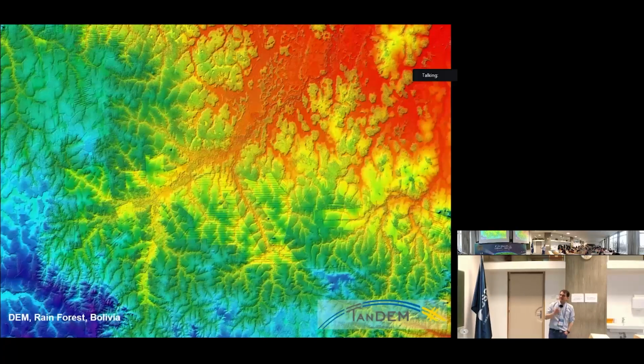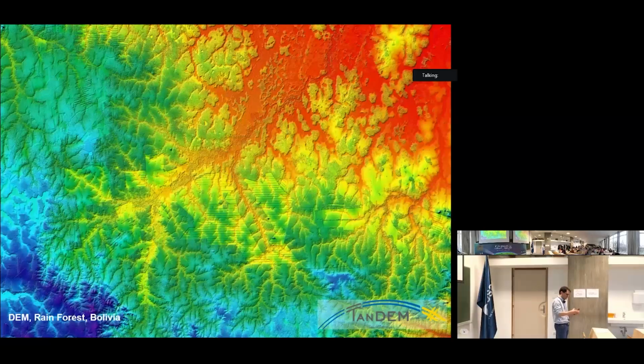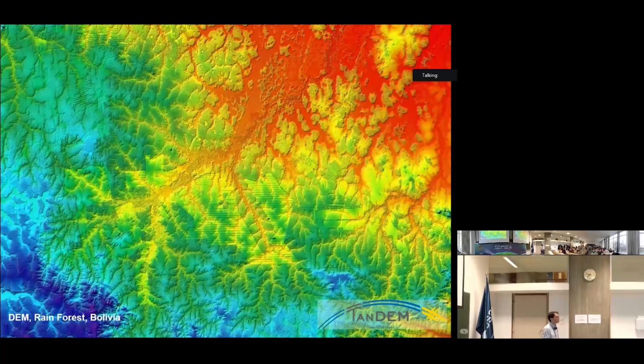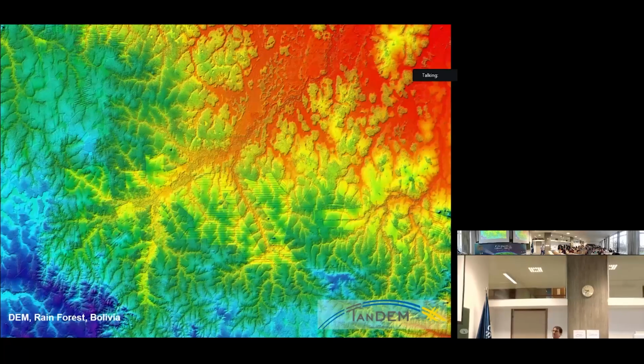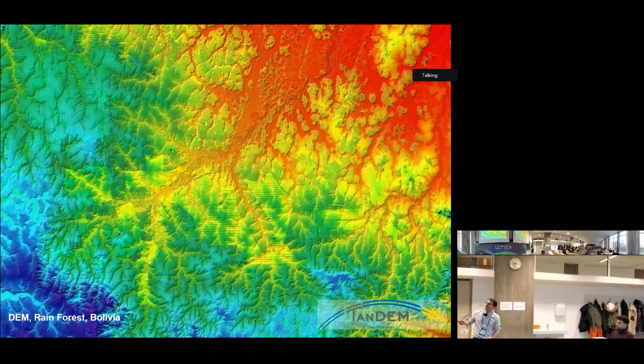And still staying at X-band, this is just to give you an example. The phase center is not only locating, of course you can locate your scattering height, but if you start to observe it at a larger scale, it tells you something about your forest structure. So this is a forest in Bolivia. And you see there is also some topography. Of course, these are all the features of topography. Now, you see here, you have some patterns,